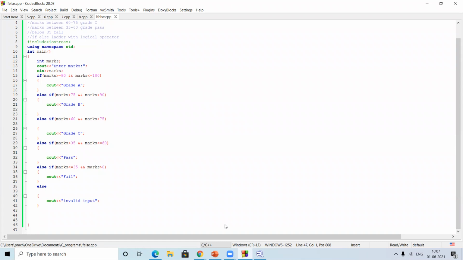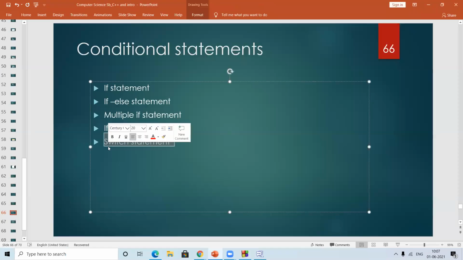Okay, can we move ahead? I hope you all know the switch statement too. For switch, I'm going to give you another example. Very good, Jia.